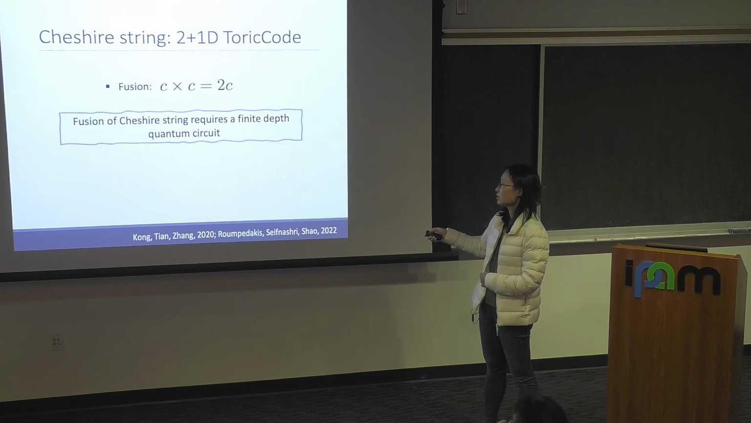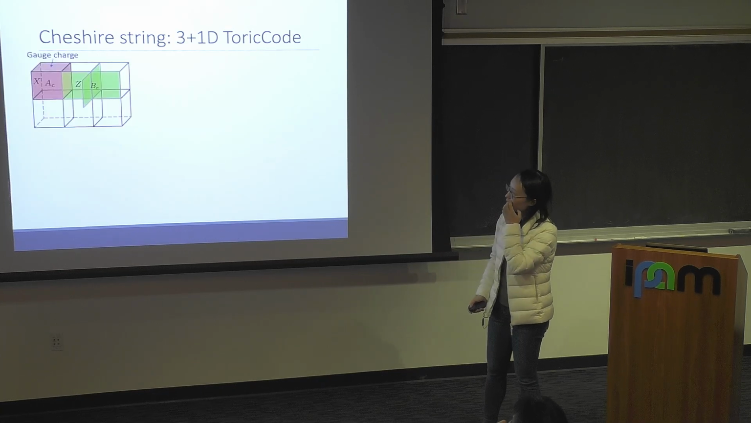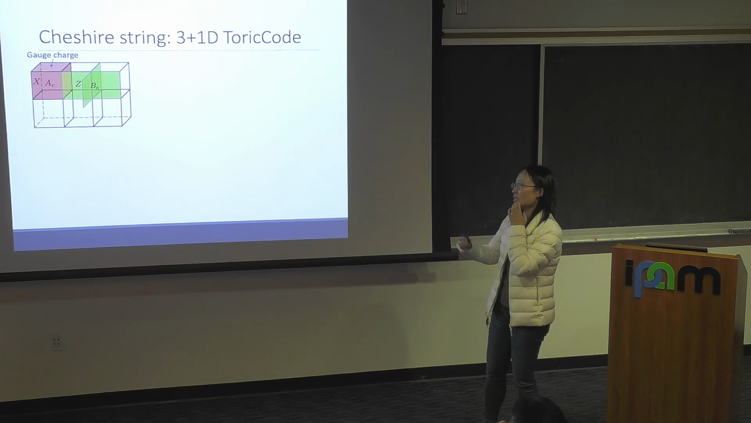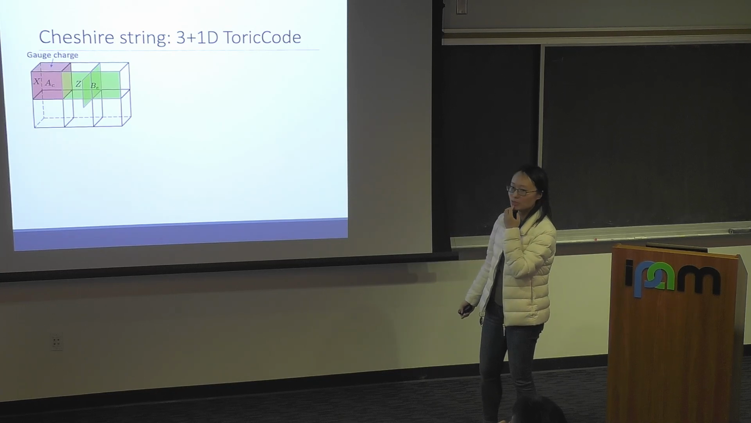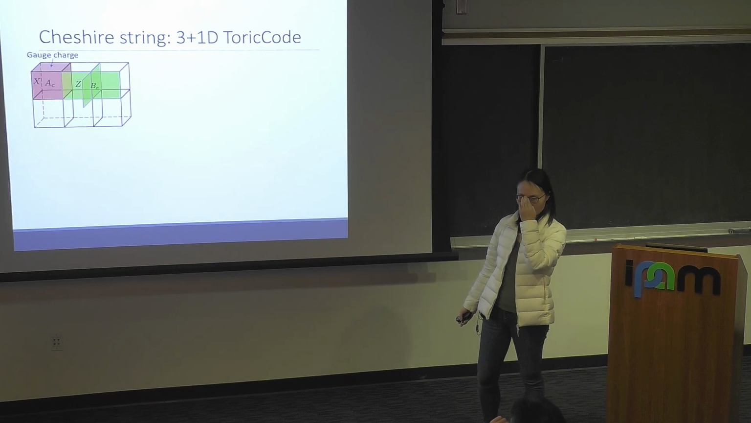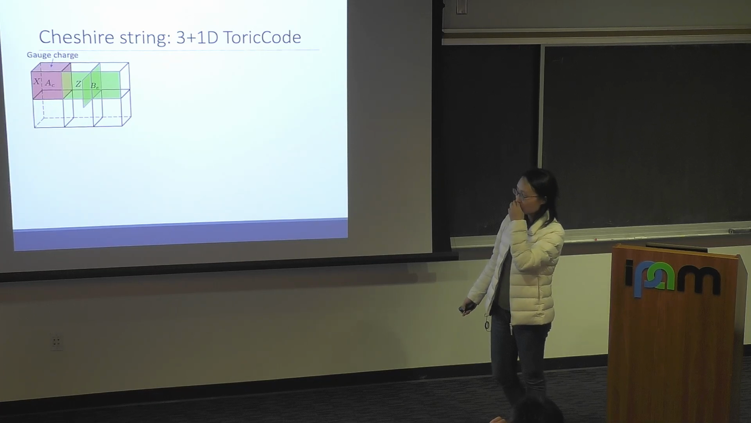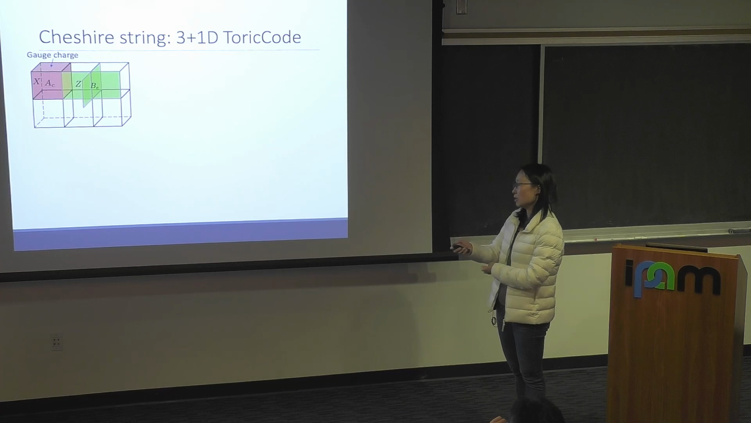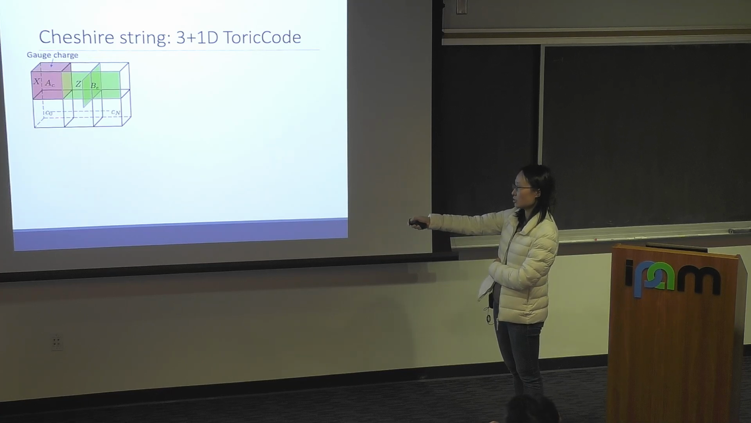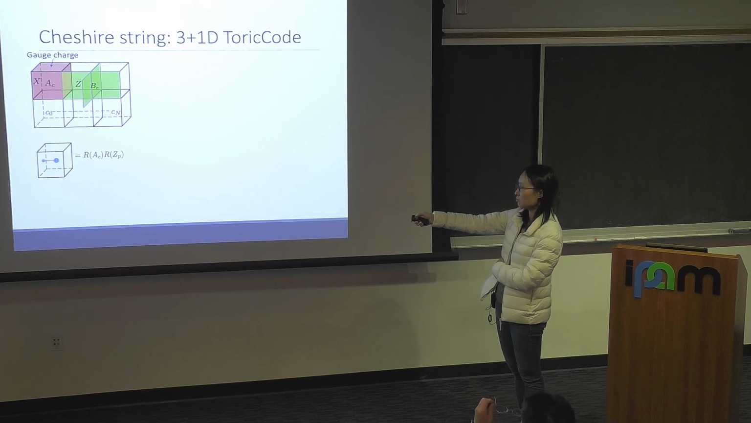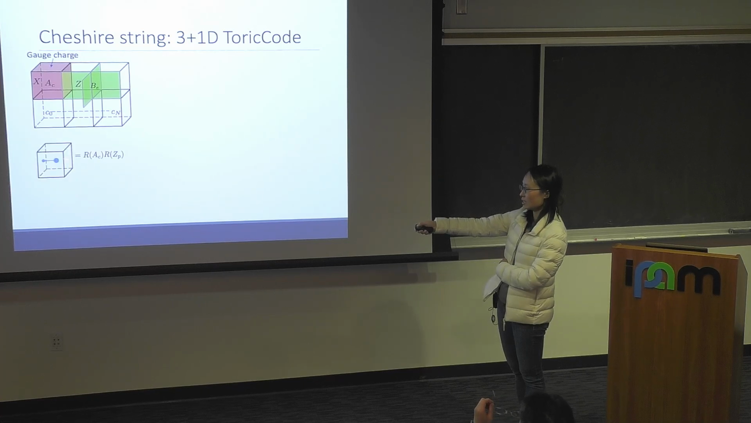Okay. So yeah, fusion of Cheshire string requires a finite depth quantum circuit. And then all these discussions can be very easily generalized to 3+1 Toric code, which is something we started wanting to understand. And all the operations remain very similar. For example, if we try to create a Cheshire string from C0 to Cn, we can apply a gate set like this,